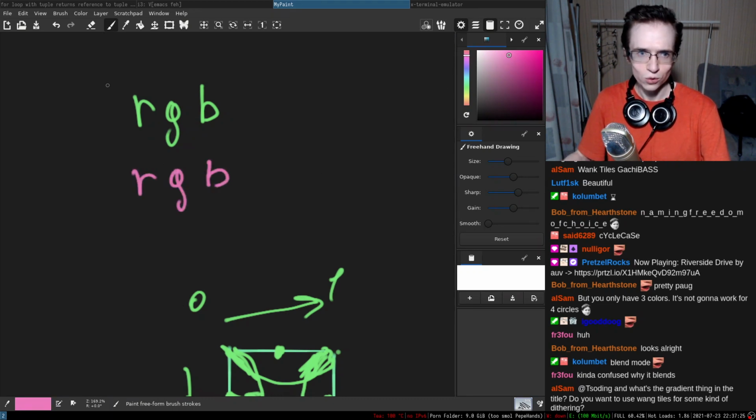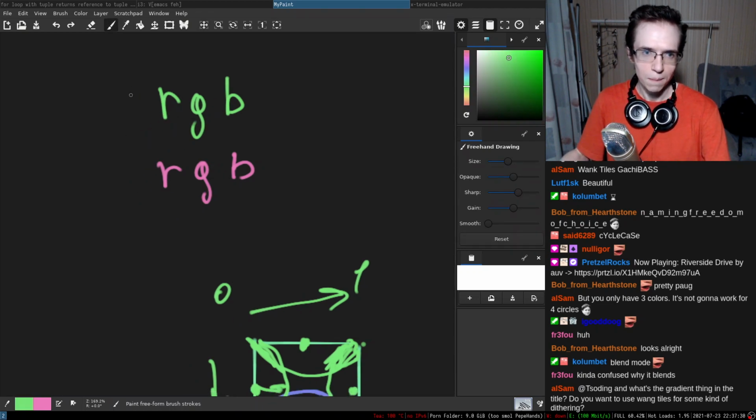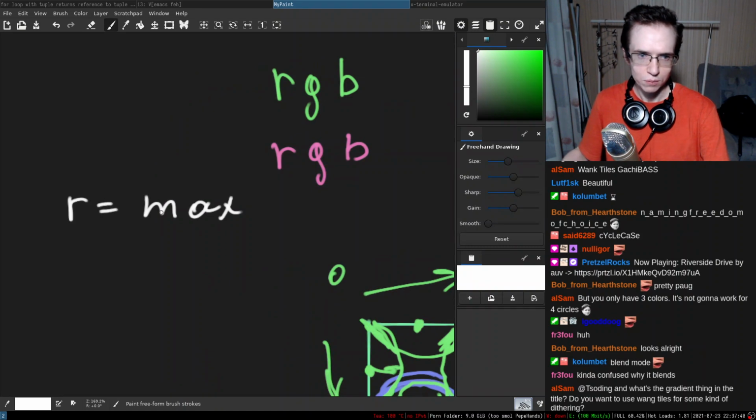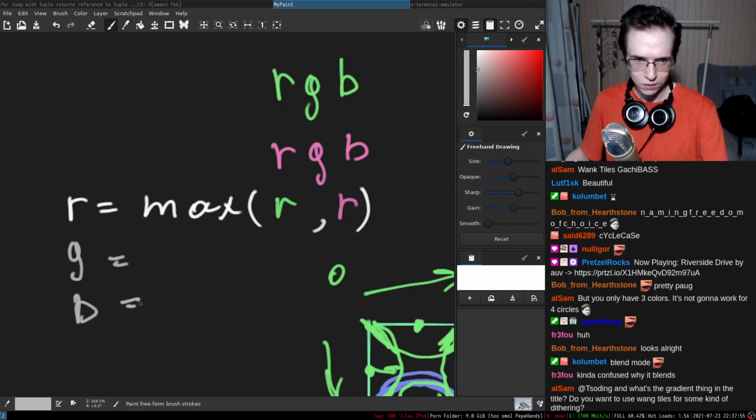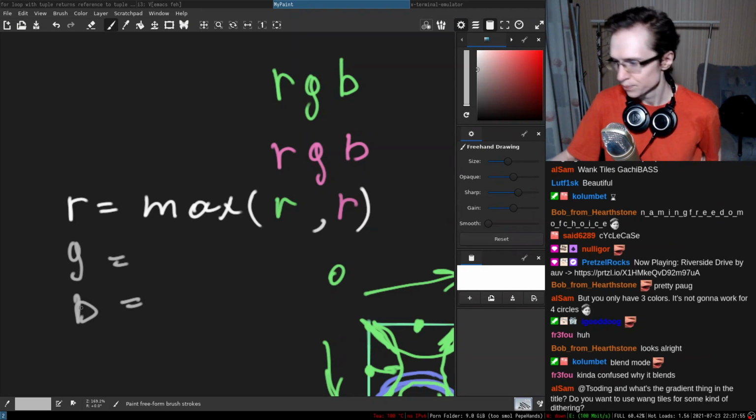So the final color, when you mix those things in, is going to be the maximum between that color and that color, component-wise, RGB. So that's how we combine them.